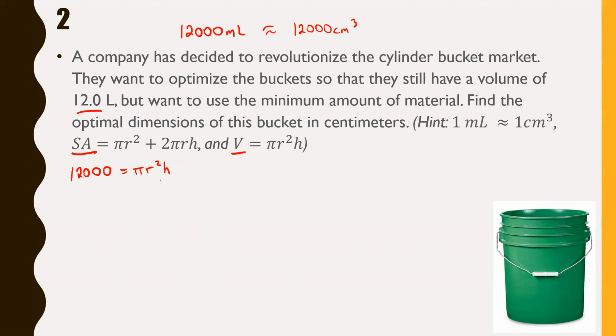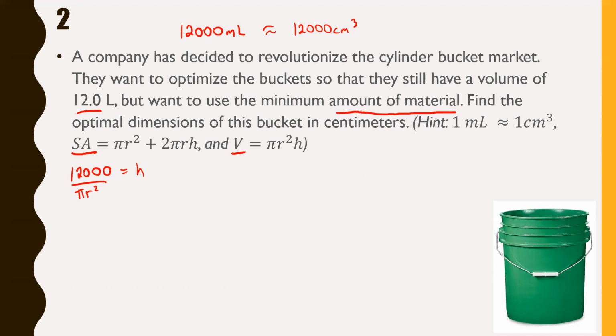You know what, I'll just save myself the trouble and the space. I'm just going to divide by pi r squared. That's going to give me h equals 12,000 divided by pi r squared. No big deal, okay? Now, what we're trying to optimize here is the amount of material needed to make this